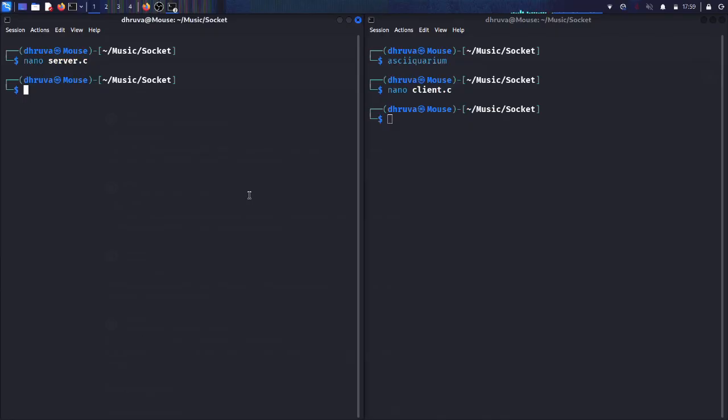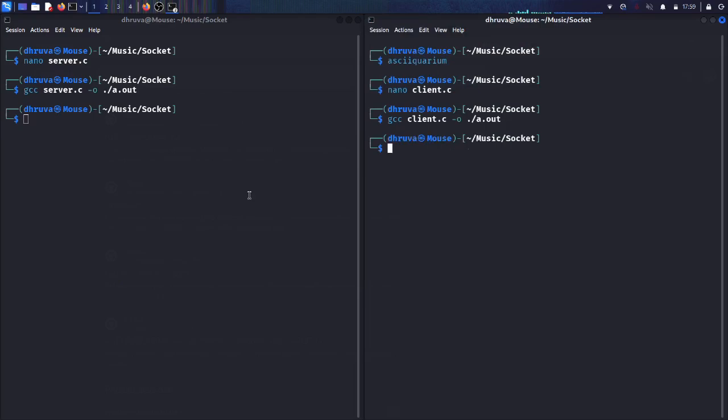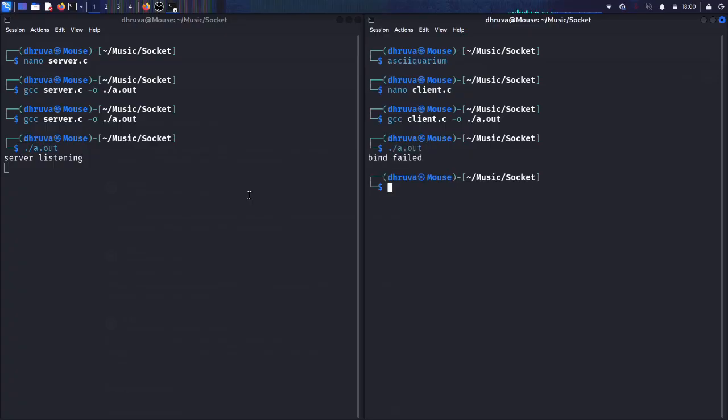All right, first we're gonna start up this, go back here, start up this, go back here, start up this. Dot slash a dot out, server is listening. I guess we have to compile it again, and then a dot out. Oh, there we go. You can see the 3 and 4. So if I type any message, like "your trash, get better"